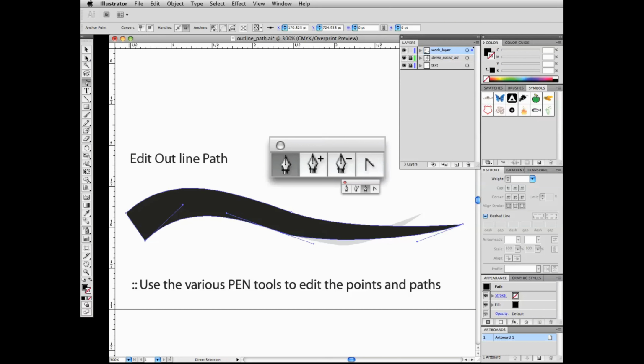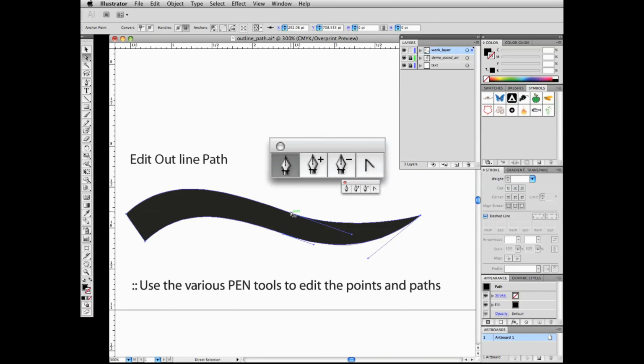Okay, so let's go and get the direct select tool, the white arrow, and now take this point, and I'm going to purposely move this way up here, just so I can get a sense of how I need to create this shape. So I'll go back and get this point, and I'll place the point right there. And you see we have our handle, and we can drag our handle down. And of course we have this point. Sometimes you just need to move your points around so it's easier to see. And then when you move them back, you can use the blue line to gauge your movement or your